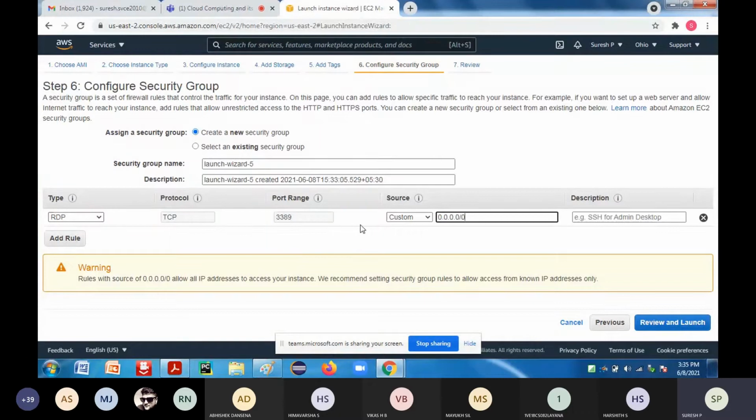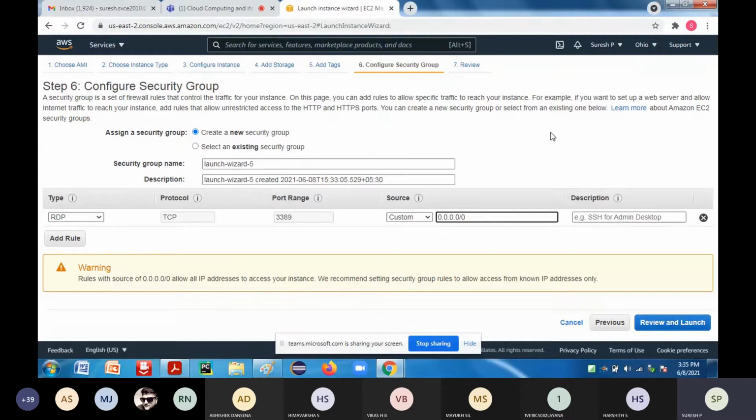So what is this particular address going to do? It is going to provide you traffic from any place across the world through the remote desktop connection, so that you can communicate to the other part of the world. So this is the basic configuration which you have to do when you want to create the instances.